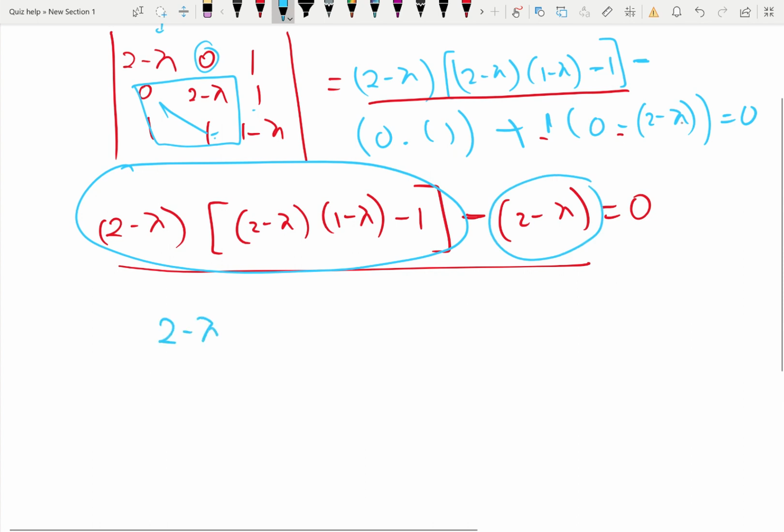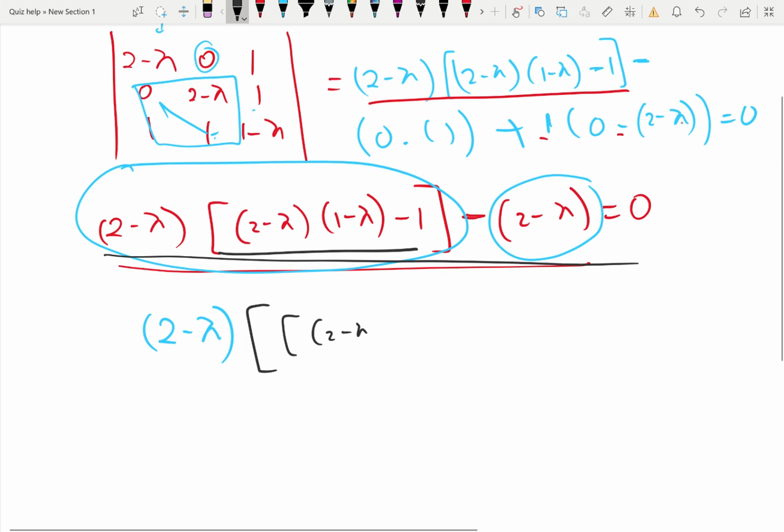So that makes our life easy so that we do not approach a cubic equation. But if you feel like you don't see that, feel free to expand this, multiply all these brackets out and get a cubic equation and solve the cubic equation just like I taught you to find the roots of a cubic equation. Okay, so if I factor out the 2 minus lambda,